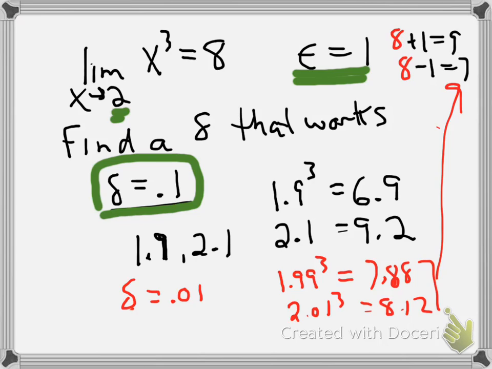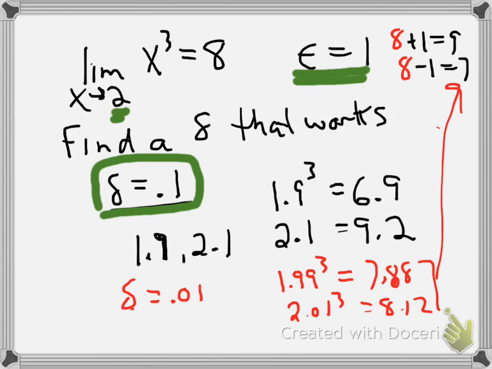So that value for delta doesn't work. In red there, I tried a delta value of 0.01. When I cube 1.99, I get 7.88. Well, that's between 7 and 9. When I cube 2.01, I get 8.12. So I've found, for an epsilon of 0.1, I have found a delta such that all the values that are